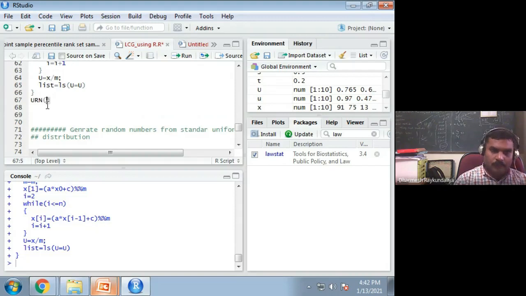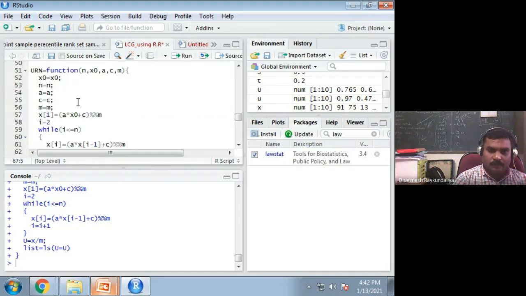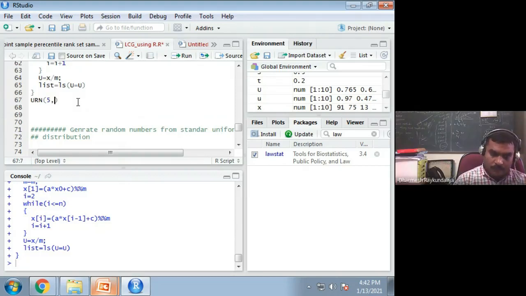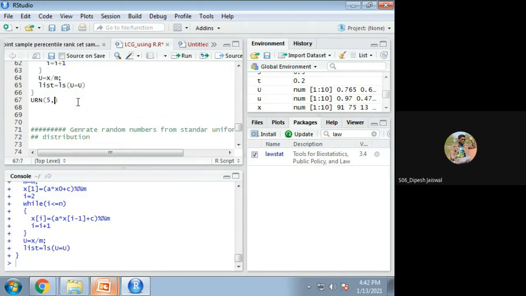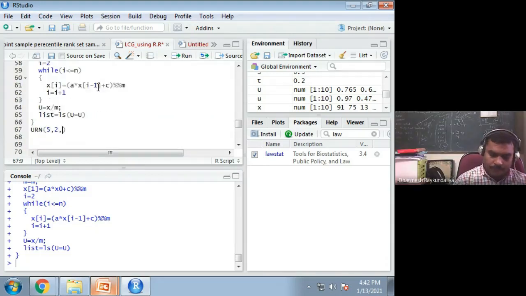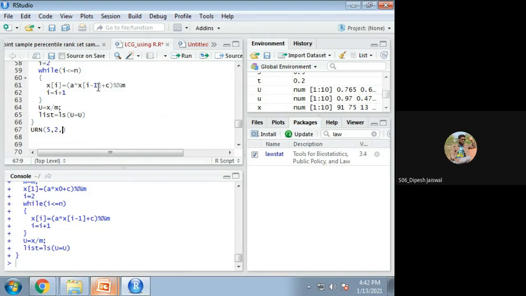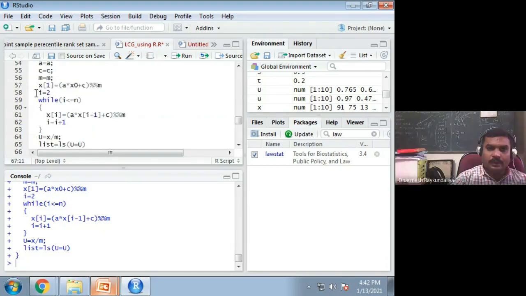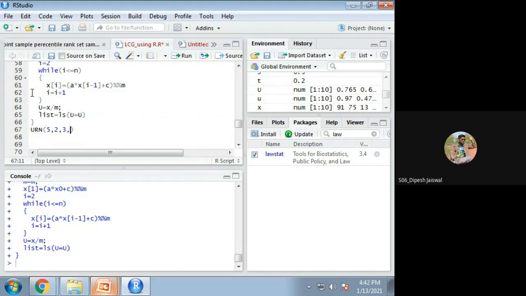URN, what is the argument? First argument is n, let us say 5. Then x naught is 2, a is let us say 3, c equal to c, and m equal to, let us say, 7.